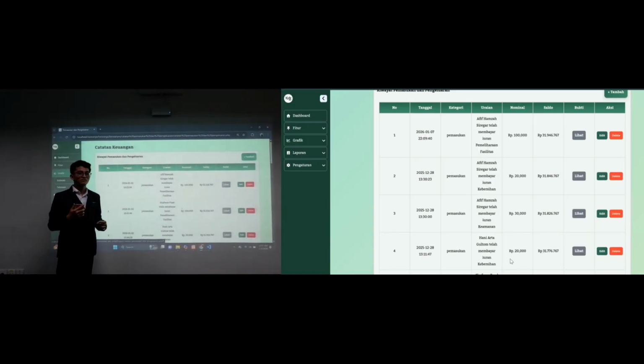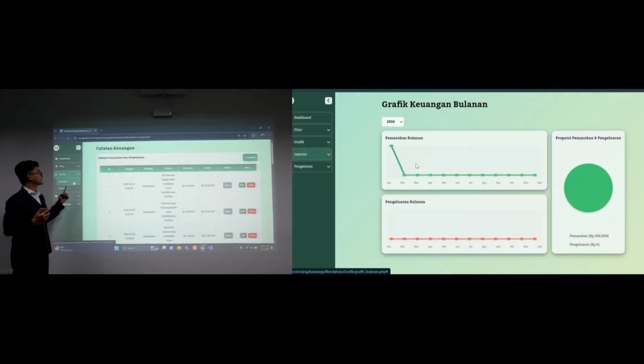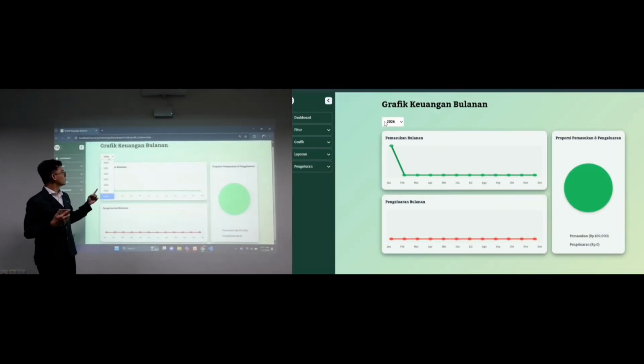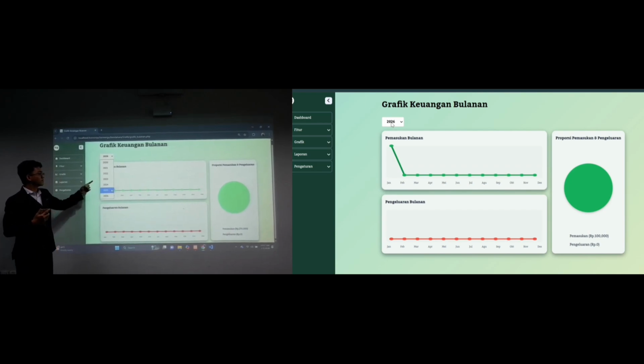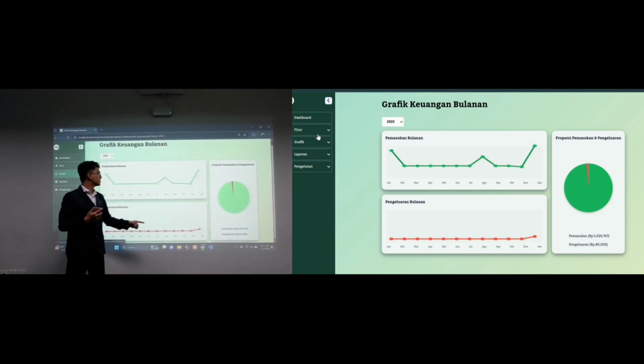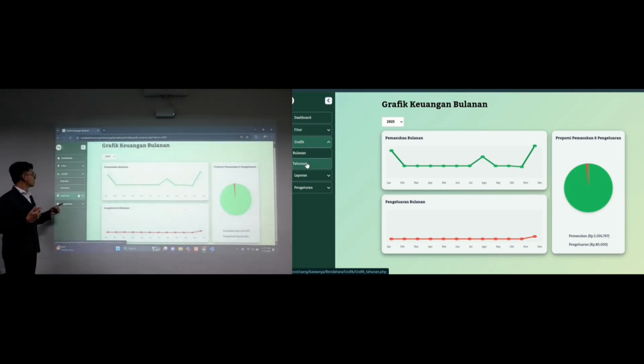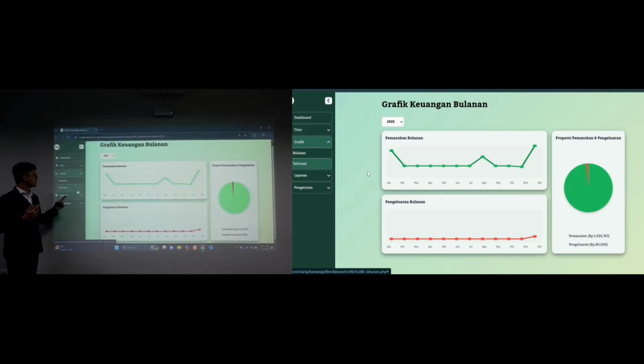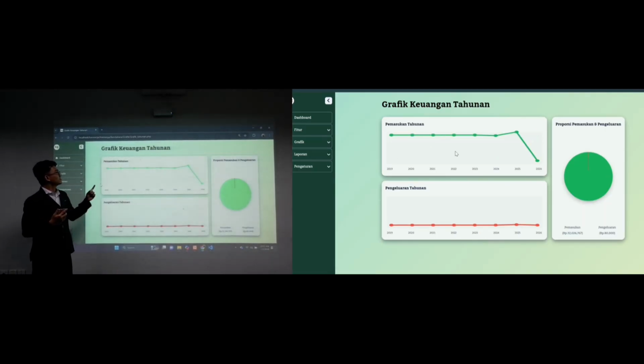And then the next feature is the annual chart. We can choose the year we want, and then the chart will show this. Next is the monthly chart and annual chart. This is the annual chart. We can see the